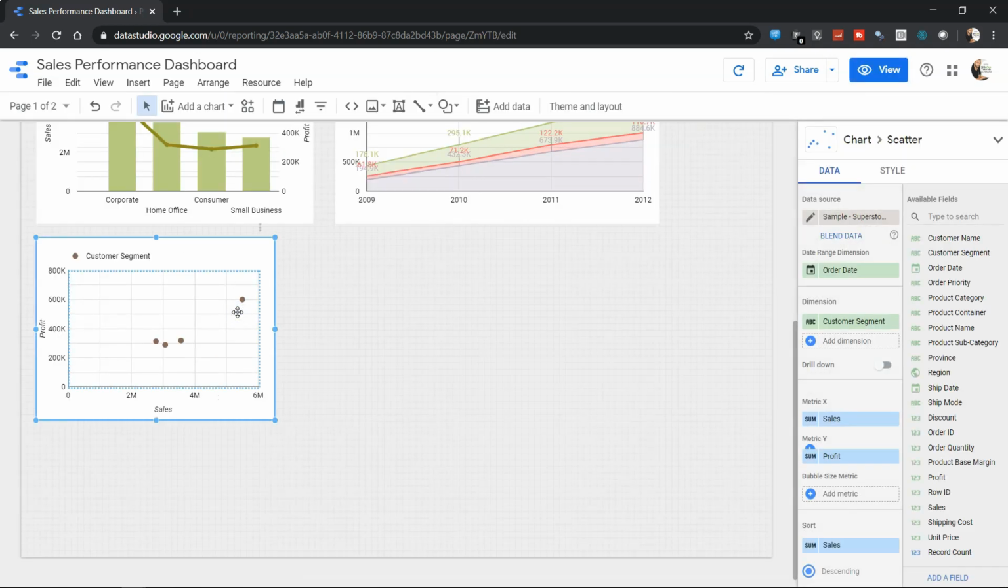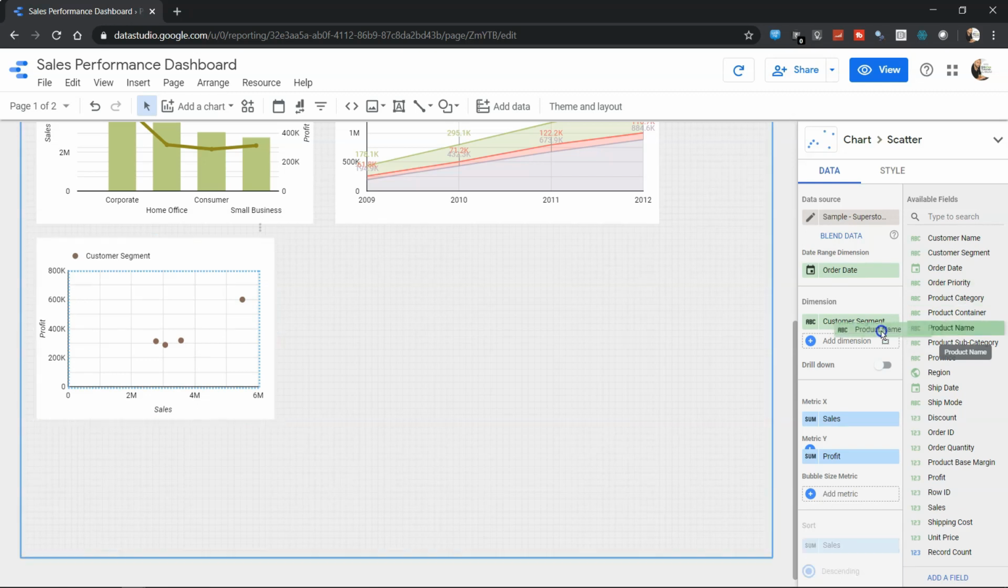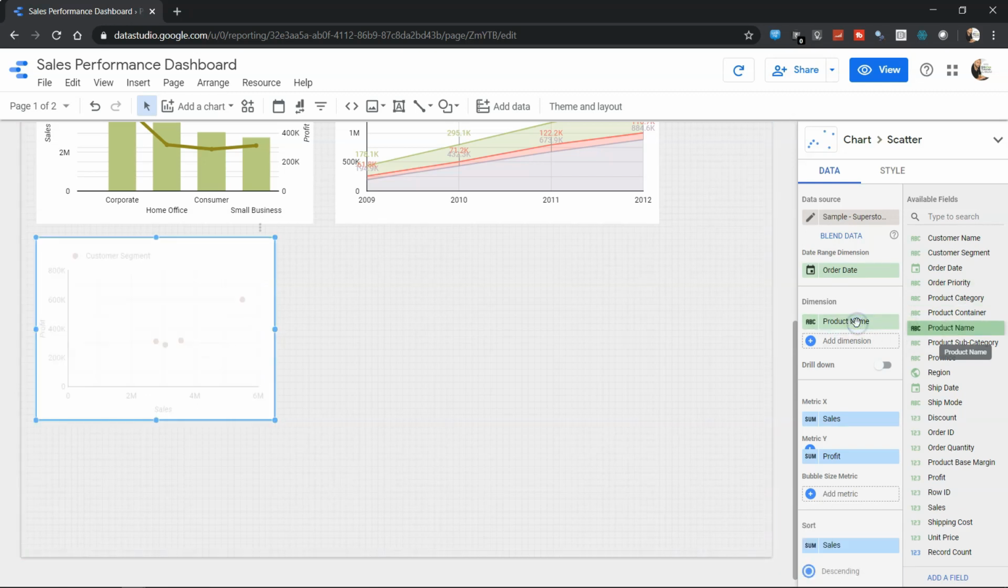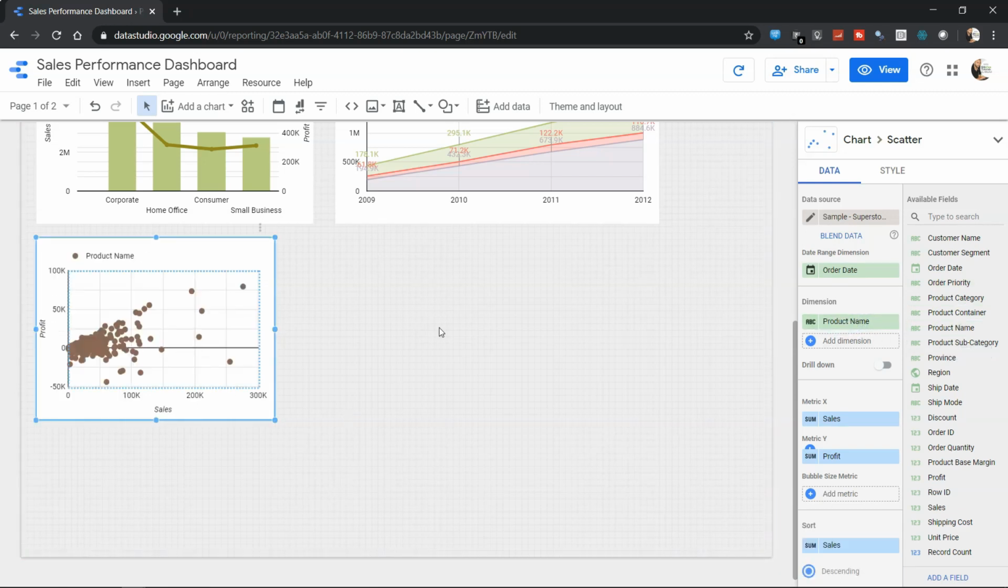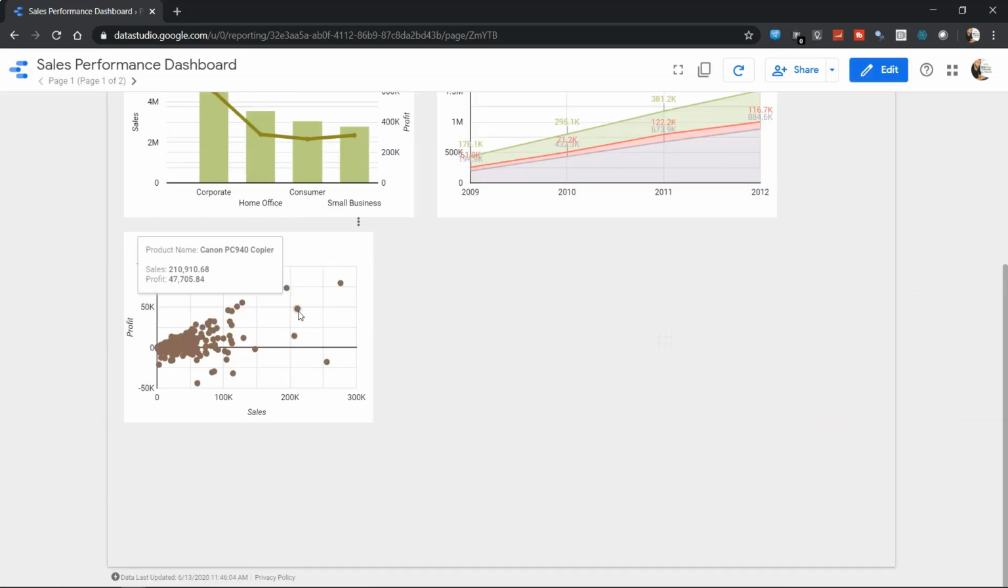So let's say we don't want customer segment, but what we want is the product name. So we can bring the product name on top of the customer segment, and this will now show us the various product names. So this product name is now clearly showing us hundreds of products that the company sells, and which you can basically analyze on the axis of sales and profit to know which are your most profitable